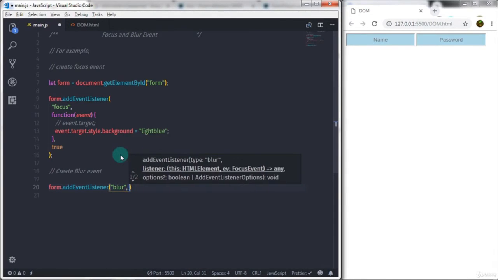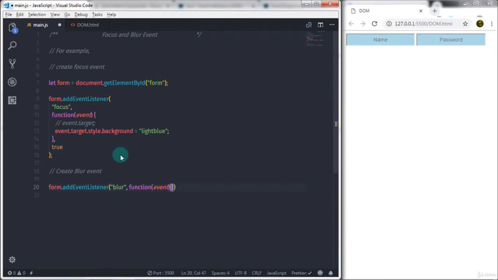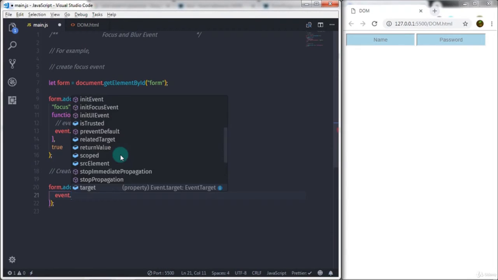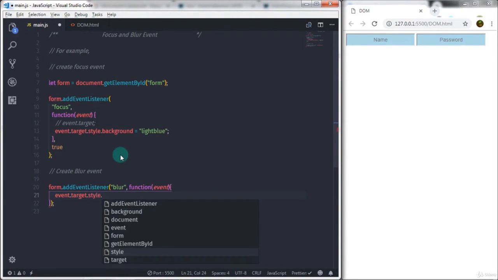So I will say blur, comma, the second argument which is the handler function. So I will say function, and in the parenthesis I will specify an argument event, and in this function I will say event dot target dot style dot background,